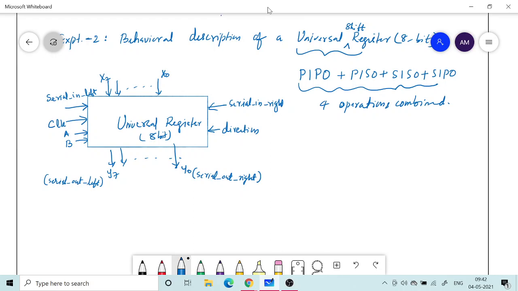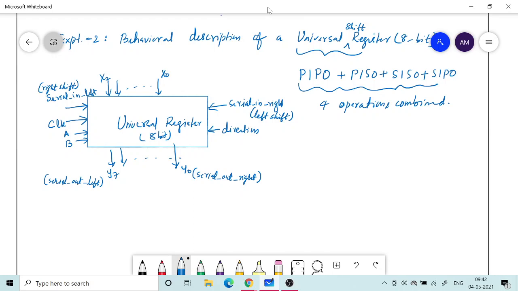If you want left shift, you enter the data from the right. This left and right you should not get confused, so that's why I'm making it more clear. For right shift operation, the serial input will be from the left side.